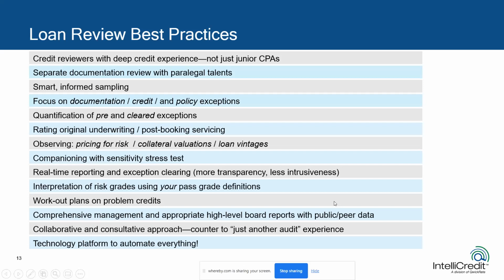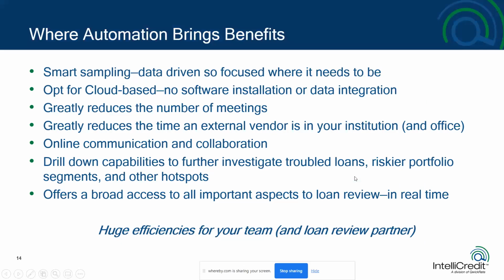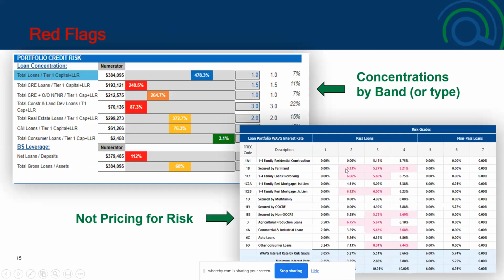But again, technology is about everything we talk about today in the financial industry. It's how do we embrace technology safely and appropriately and efficiently? And I do think there's all sorts of reasons why we need to go there, because it does reduce a lot of the intrusiveness on particularly your day-to-day involvement of managing credit. And technology can play a huge role in that. The efficiencies that are realized by the review team are also clearly realized by the team at the financial institution as well. Specific examples of what I think ought to be coming out of loan review are some recognition of